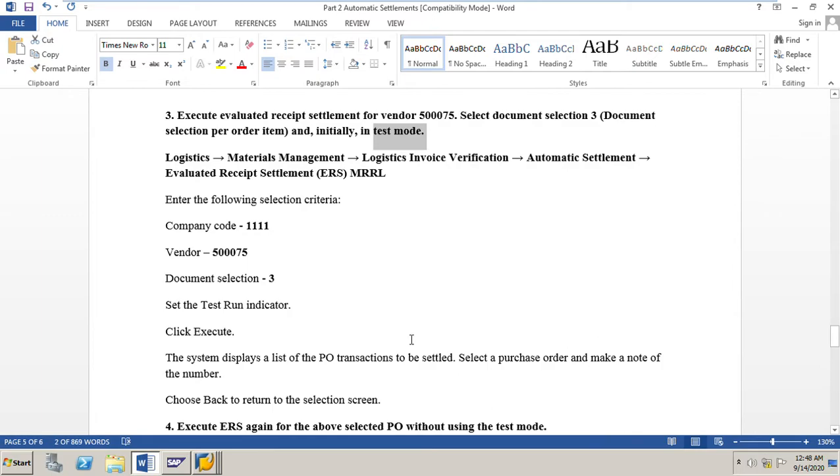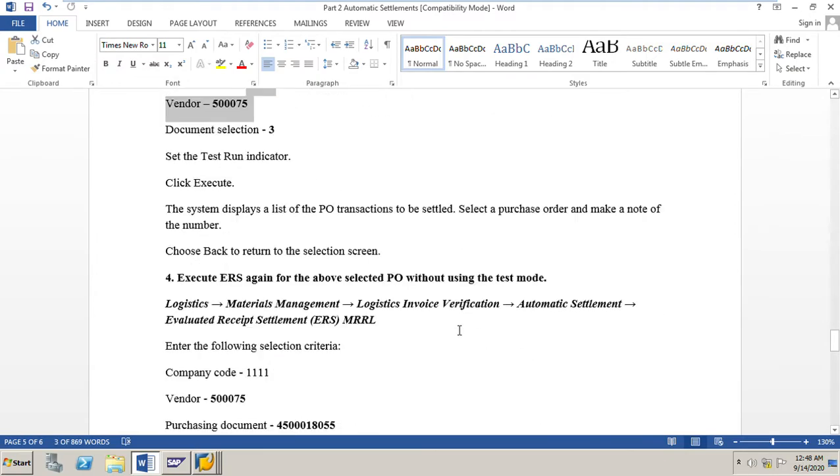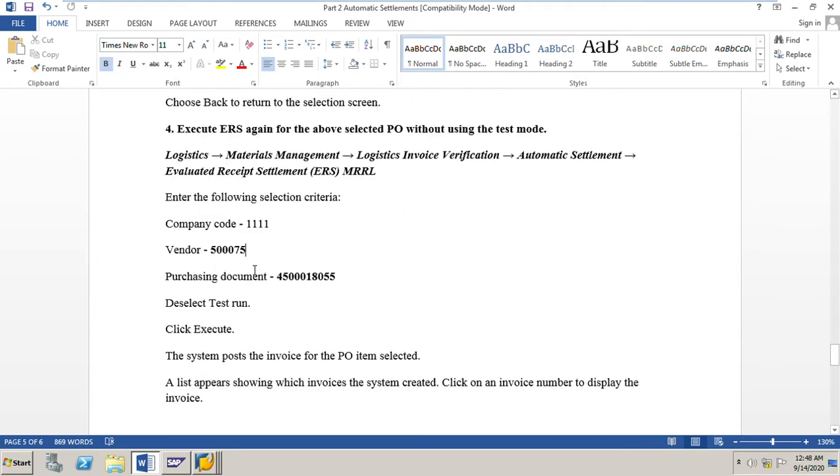But here in our case, there is only one purchase order for this company code and vendor selection. We can either input this purchase order number or leave it because there is only one purchase order. But normally several purchase orders will be there for a combination of company code and vendor. In that case, we can select whichever POs for which we can post the invoice using ERS.